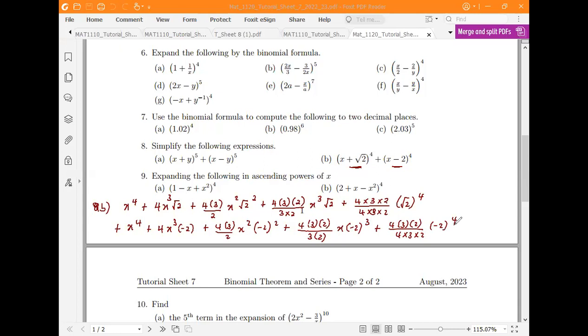So you have this can be added to give us a 2x power 4. And these two can be added, so you have 4 root 2 minus 8. So you can write it as 4 root 2 minus 8 x power 3. And then the power 2 is also, this is now 2. So you get,